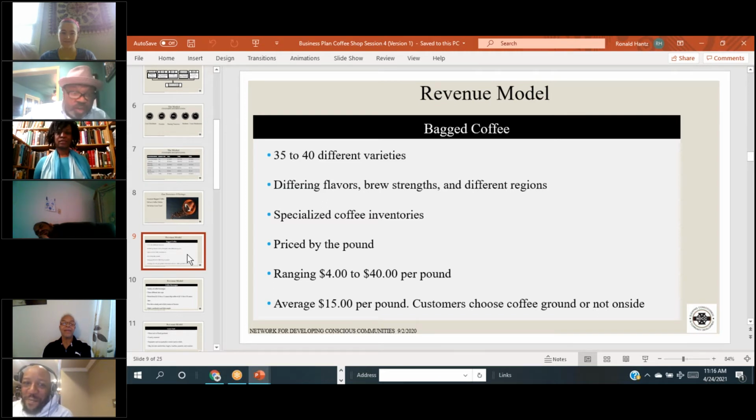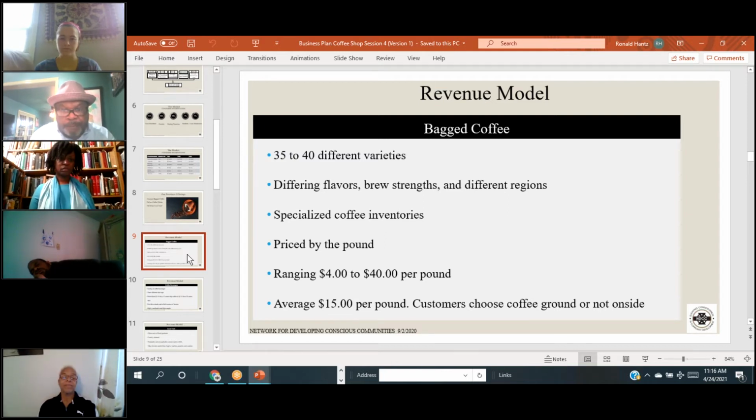But which is really important, because if your product line is not generating you revenue, then you really have to do a real thorough consideration whether or not you need to be in that particular business with that particular product line. So with this particular coffee shop, they had said that they wanted to do 30 to 40 different varieties